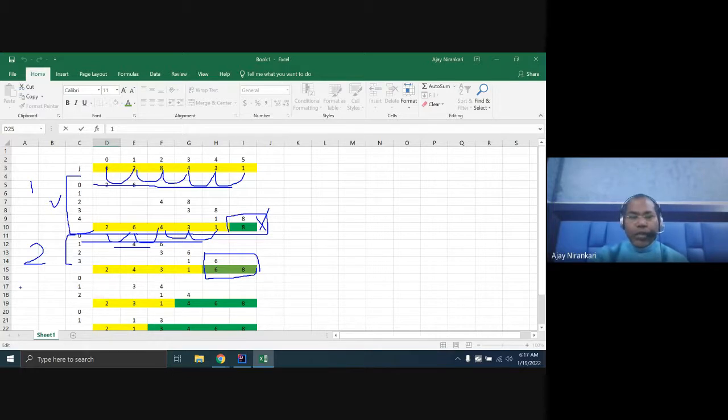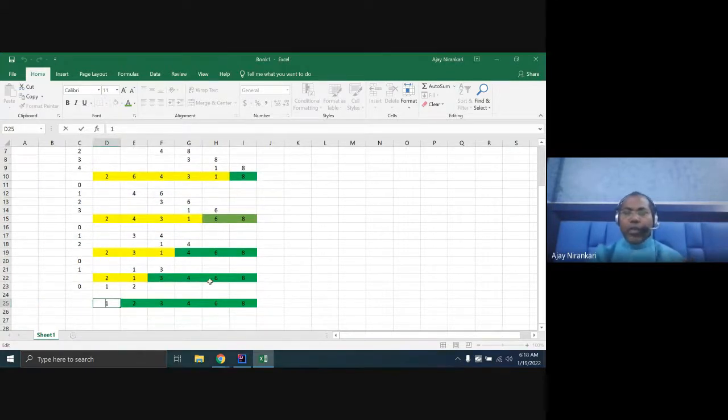Similarly, in the third loop you again compare the first two, then the next two, and then the next two, because you know these two are already sorted. So your loop always runs minus 1. This is 1 less, this is 2 less, this time 3 less, again 4 less. After that you get a sorted array. So the concept is clear, how sorting works.